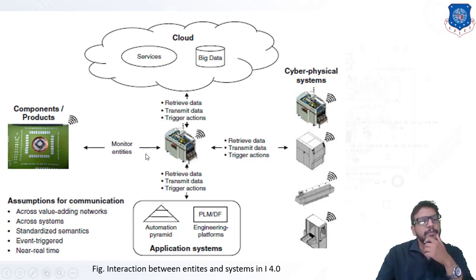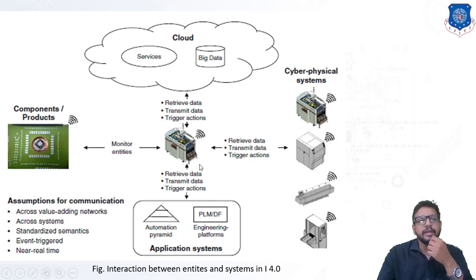Over here there is a component placement device, and on the top side there is a cloud which is shown, that is cloud computing including smart data services and big data. Okay, over this side you can see a cyber physical system is shown. Now you can clearly see that all these devices, that is a solder paste device, then reflow process device, then component placement device, all these devices are Wi-Fi enabled, which means a server can be used to operate all these devices. So you can clearly see that it is shown by arrow that a placement component device can retrieve data and transmit data directly to the cloud.